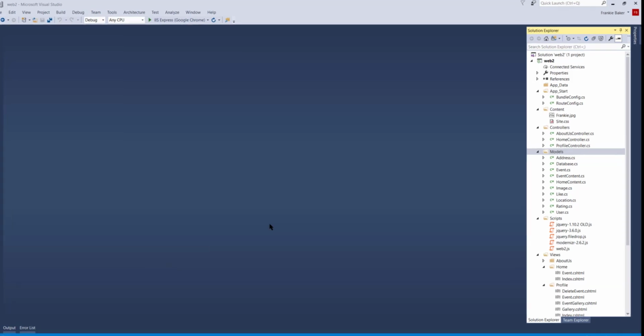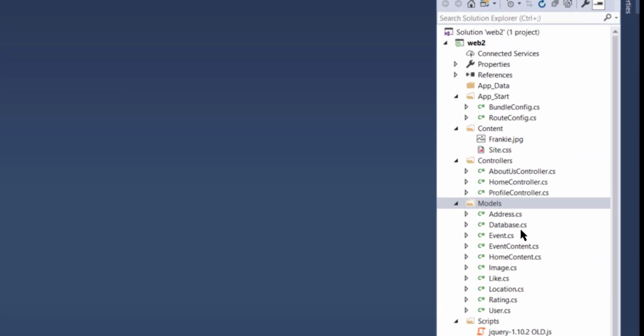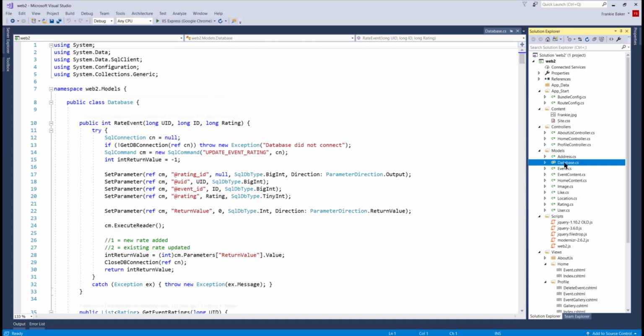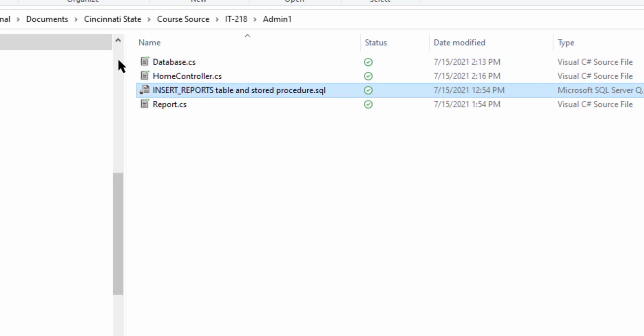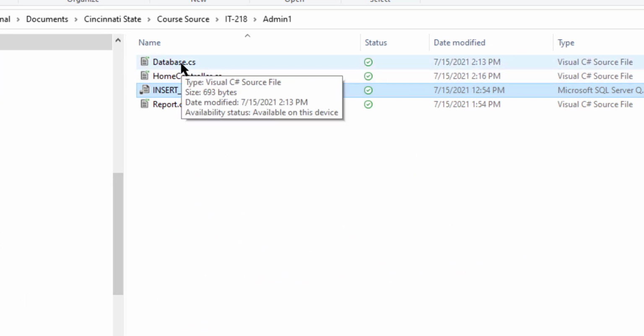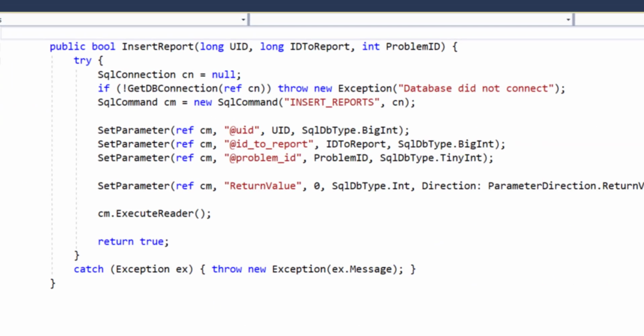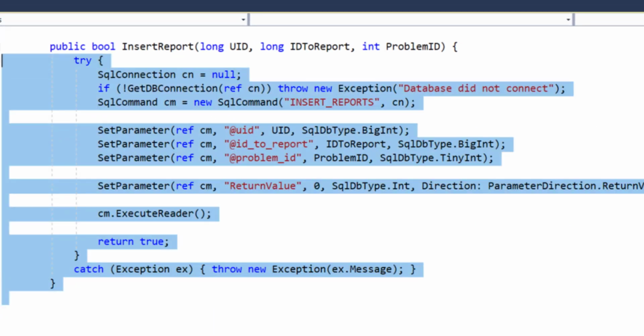So the first file we're going to work on is we're going to make an update to the Database.cs file. Okay, so inside the code for this assignment, there should be a Database.cs. Now, you don't want to take this whole file and bring it into your project. This is only the new method that we're adding for this. So highlight all of that,